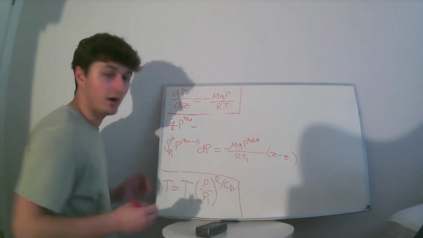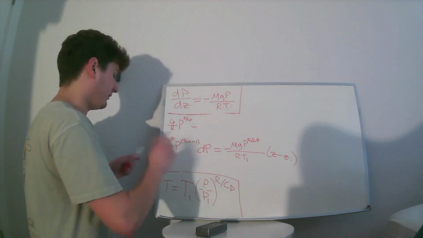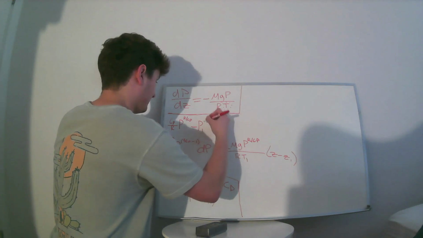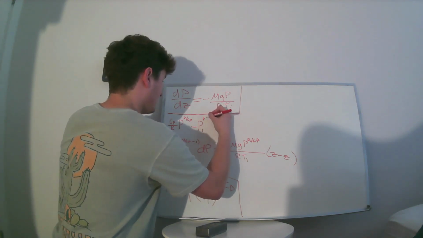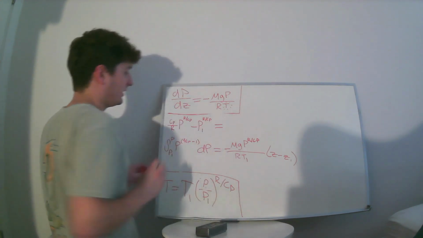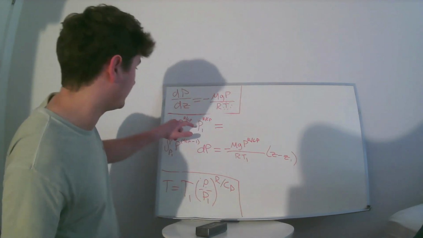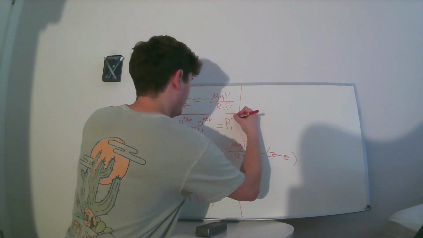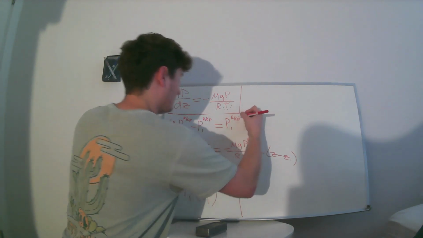We're going to be integrating to the unknown P. So when we do that, what we're going to end up with is what I've told you, minus P1, the known pressure, R to the Cp as well, is going to equal. Now to save space, I'm actually going to just flip this. So what we're going to have is P1 times R over Cp,